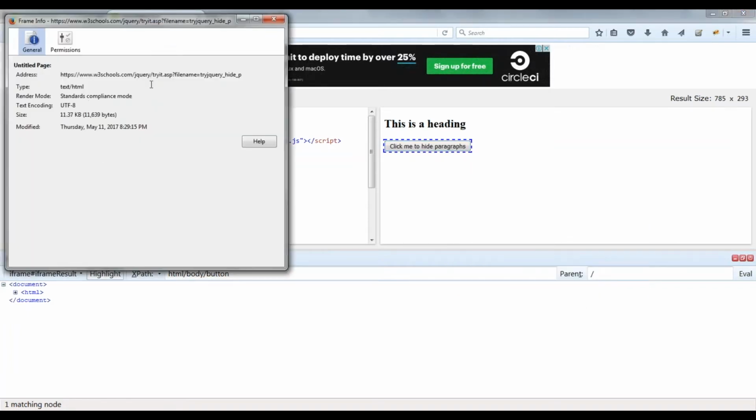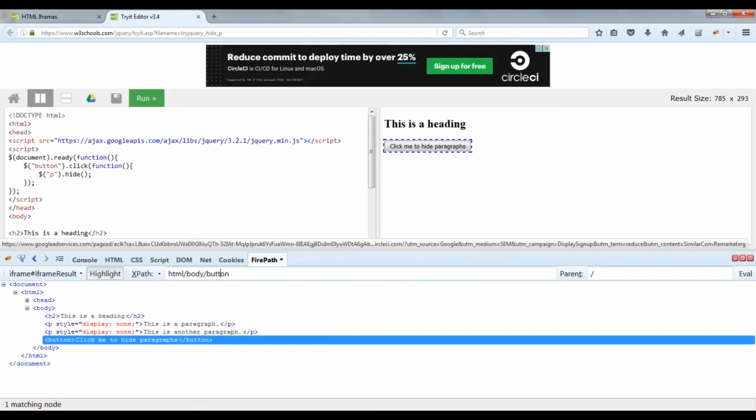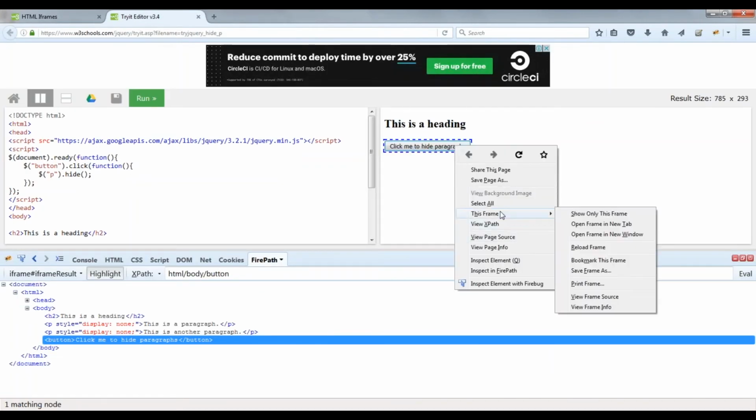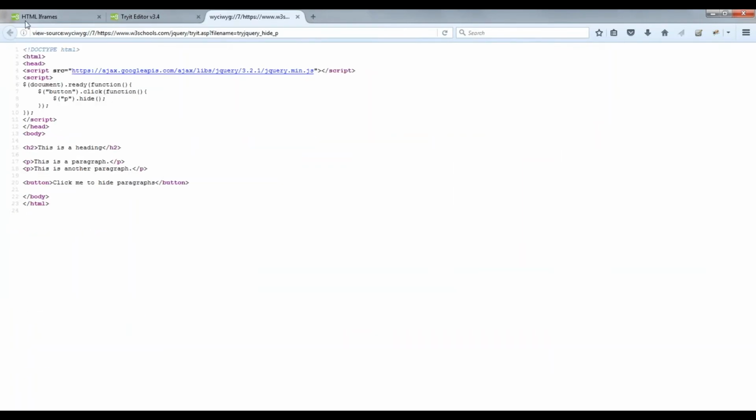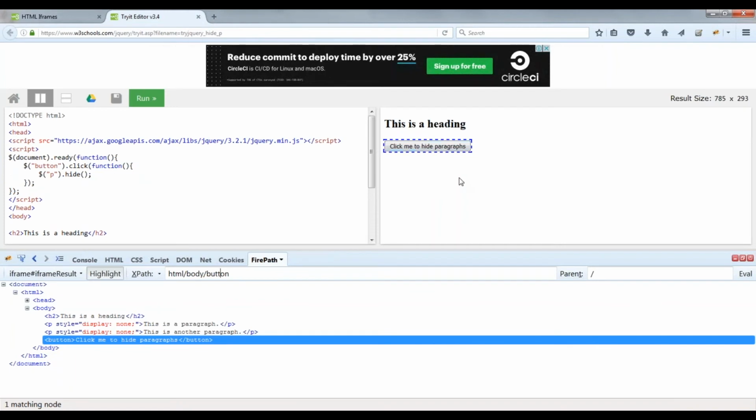If you view frame info, it is going to give you what the frame is. Similarly, view frame source is going to give you the entire HTML of that frame. This is the HTML of this particular iframe.